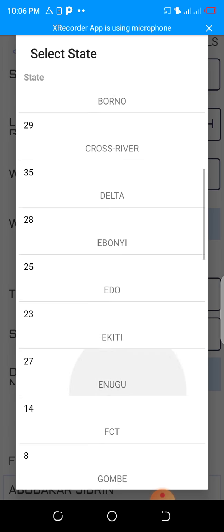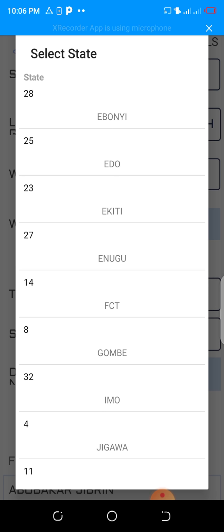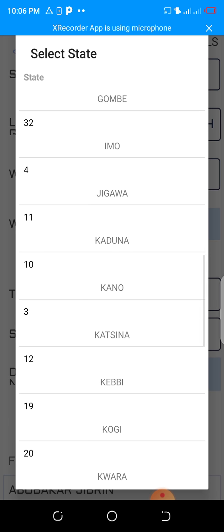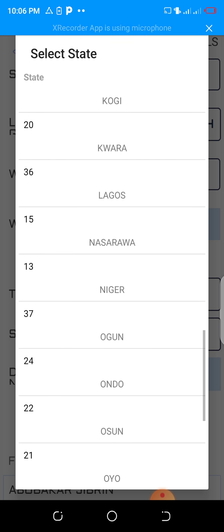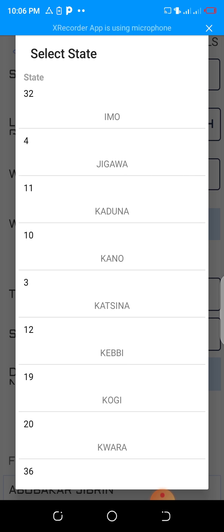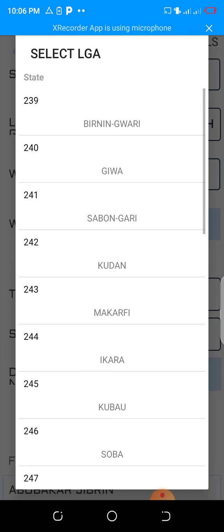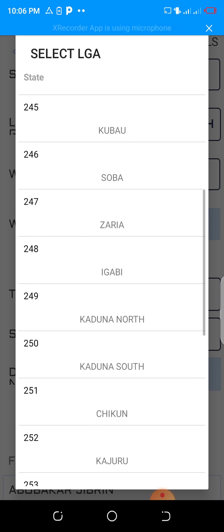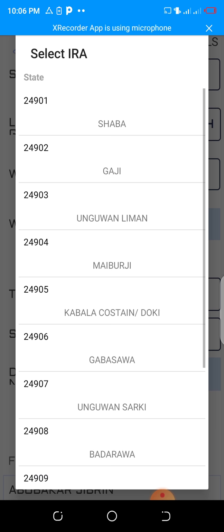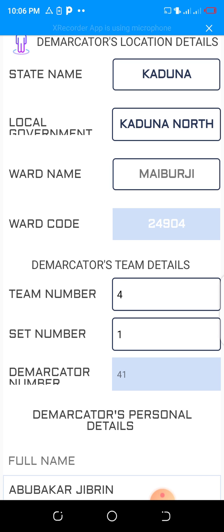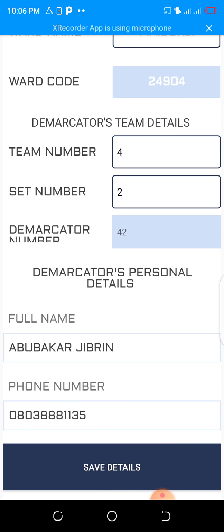A drop down will come up when you tap on the state field. I choose Kaduna because I work in Kaduna. I choose Kaduna North as the local government where I'm working. I choose Meburji as the ward name. Then I am team 4 and set 2. Then my full name is already written there and my phone number is already written there. So I can save details